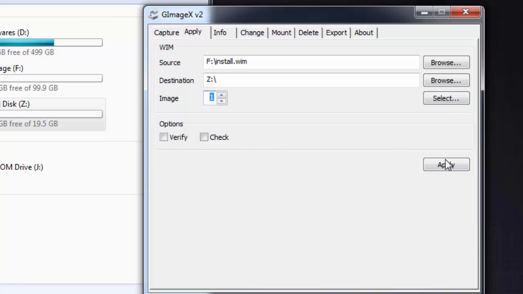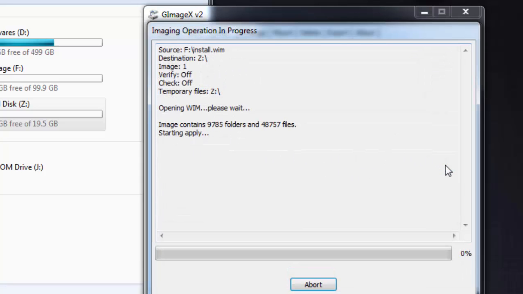That's it. Click apply. So this will apply that Vim file onto this hard drive. If you test on a real PC, it's very simple. You have to use the normal procedures to install the operating system. Once everything is completed, you will find the basic software and the drivers that you installed on the virtual box will be on your computer.